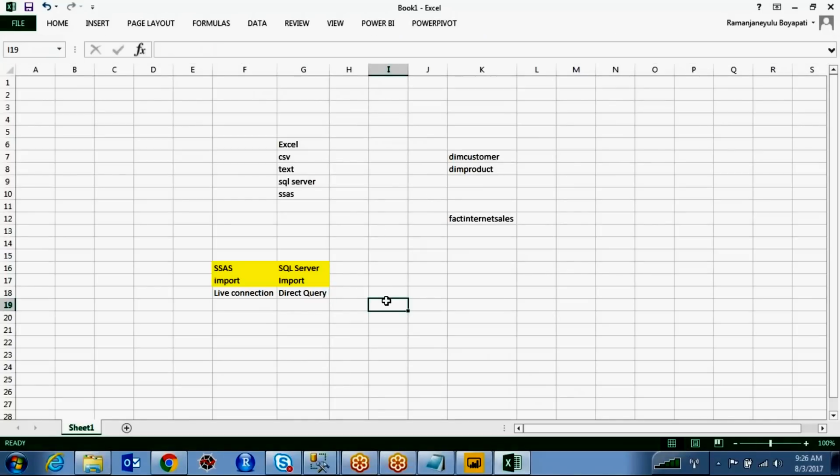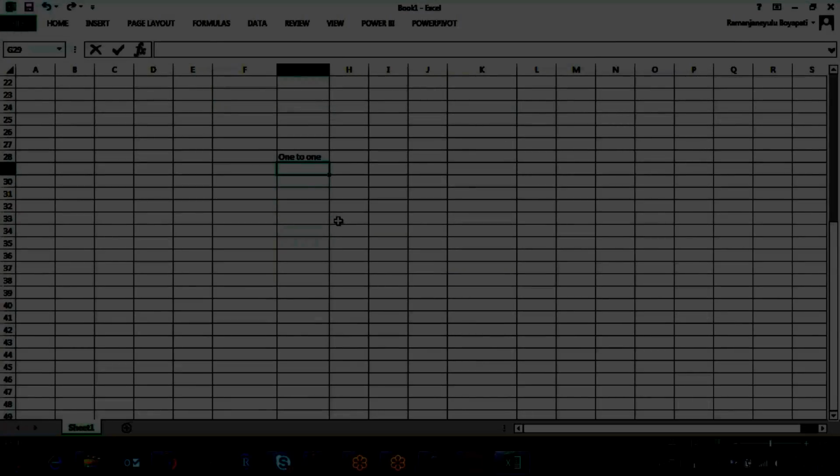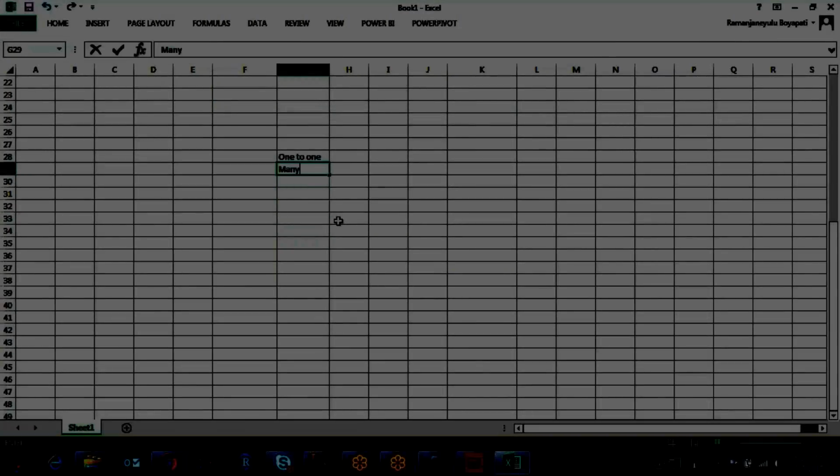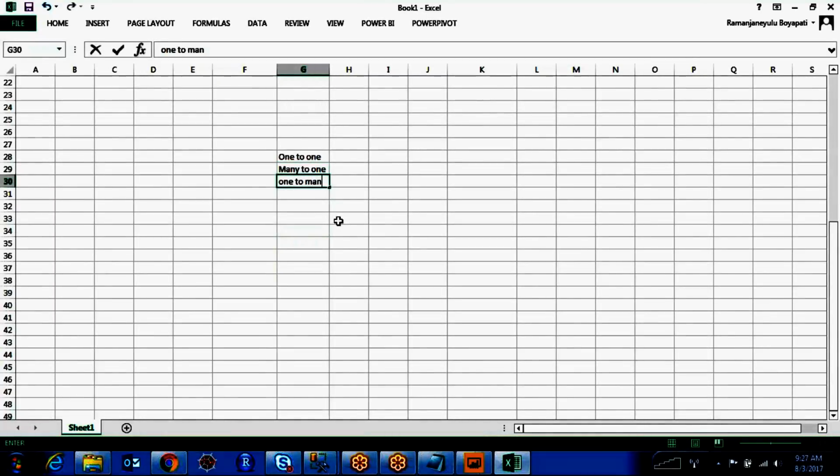So do we have to select this, or will Power BI select it automatically? It will detect it automatically. Power BI automatically detects that kind of relationship, the cardinality, whether one to one, many to one or one to many.